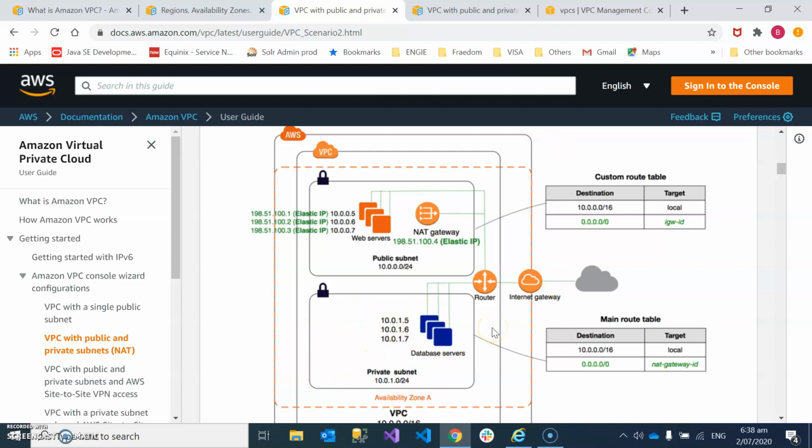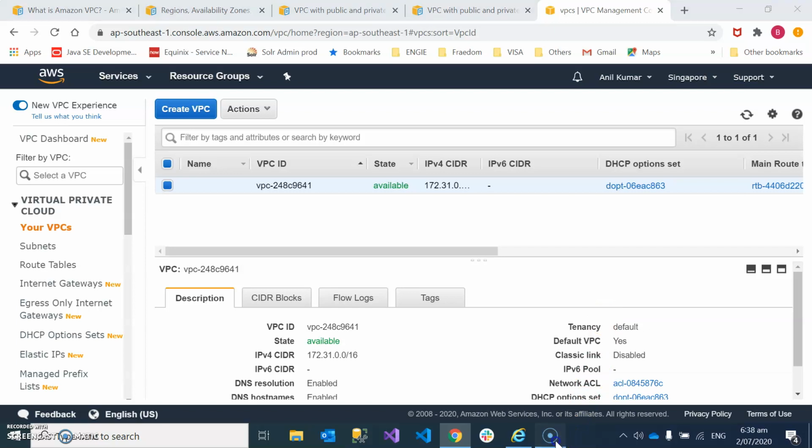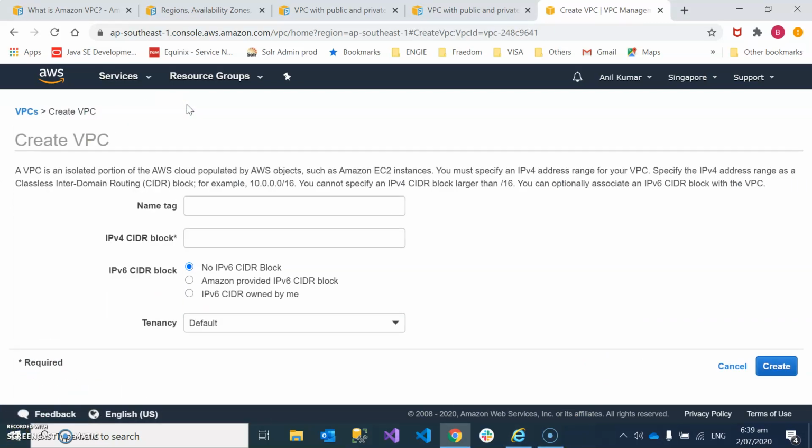Okay, so now it's time to go and create a VPC, and create a public subnet and a private subnet. So now we're going to start. Click on create VPC.